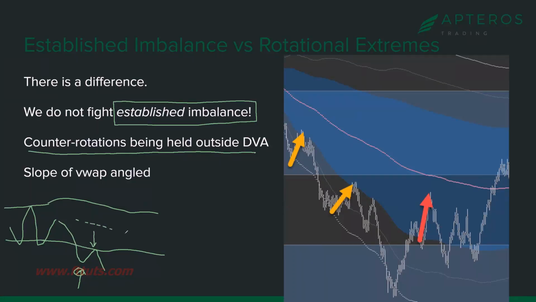VWAP is going to start to slope down. This is going to head down. There's a difference. So now you don't get long and you say, oh, Merritt, I was just fading a lower extreme. Well, no, we don't fade lower extremes when we have an established imbalance against us. I don't care how bullish you are. This is the basics. We can get more advanced down the road, but this is the basics. This is how I help people stop blowing up their accounts and losing unnecessarily on trend days.